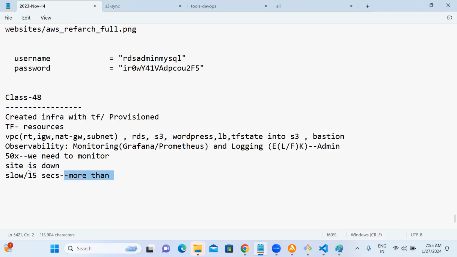Let's say you observed it, you kept a status notification somewhere, and you send a mail to them: we observed the slowness, we are working on a fix, we'll let you know further. This is the kind of notification you should send to the client, so that they don't raise the concern again to you, and it won't impact the company brand. So that is the business side.